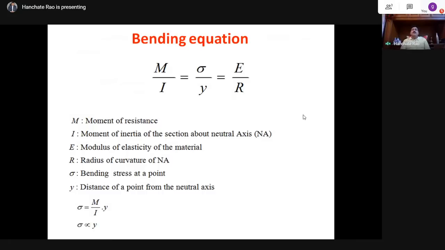So this is the simple bending equation. M by I is equal to sigma by y is equal to E by R. M is the bending moment or moment of resistance. I is the moment of inertia. Sigma is the bending stress. Y is the distance of the fiber from the neutral axis. E is the Young's modulus. R is the radius of curvature of the